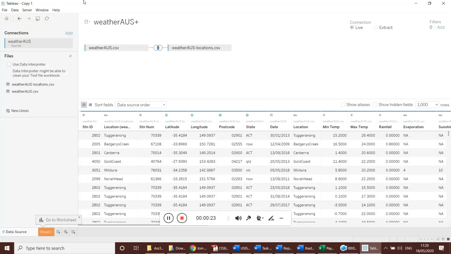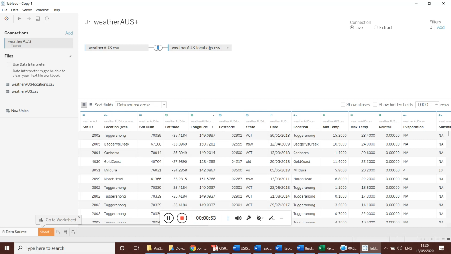See, this is the Tableau tool, and to conduct analysis, we need data sets. We have Australia weather data and Australia locations data. We have joined these two data sets to create a new data set that is shown in the table provided below. This contains a location name, and this file contains location, longitude and latitude, such that we can map them on a map, like a world map, right?